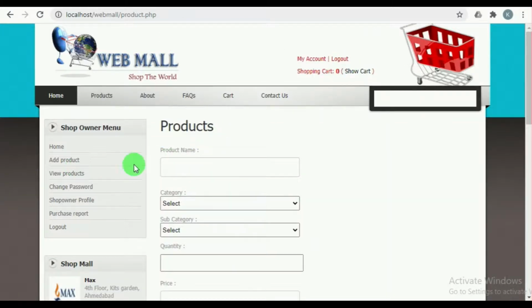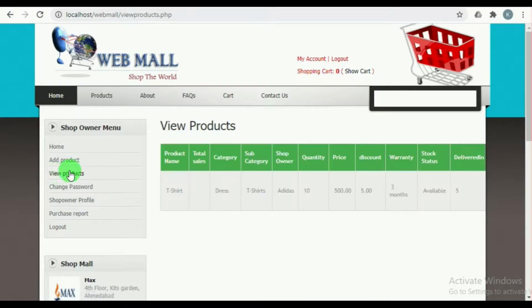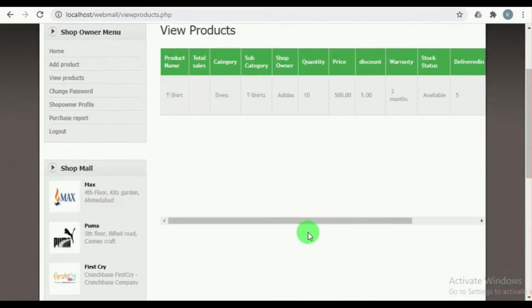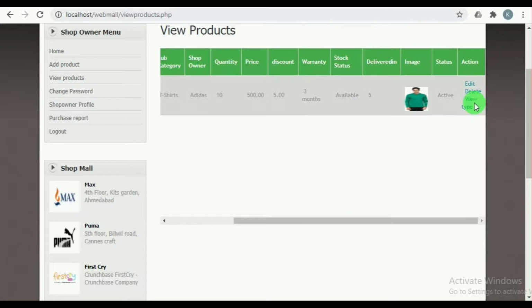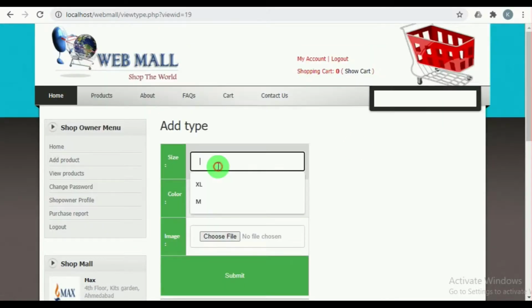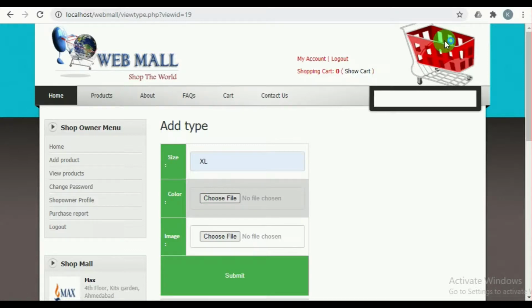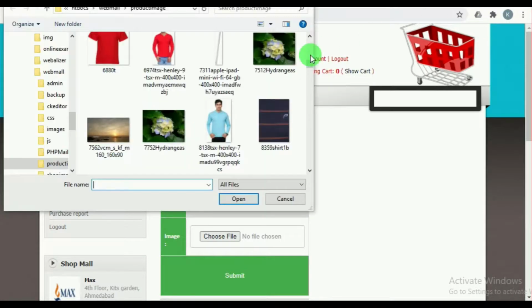Once the product is uploaded, the shop owner can view the products, and under view type, the shop owner can add the size, color, and image of the product.